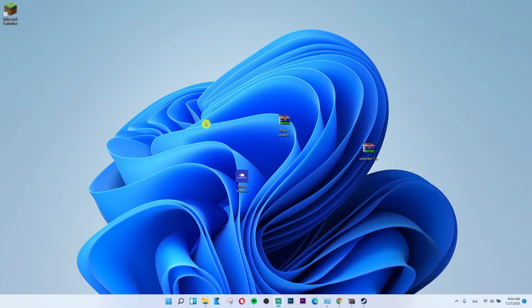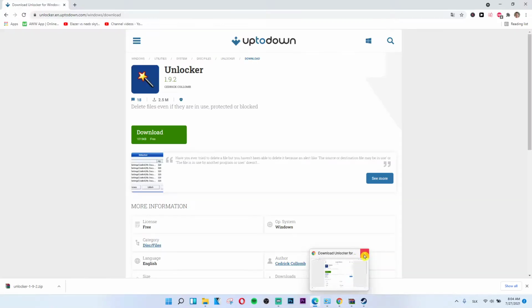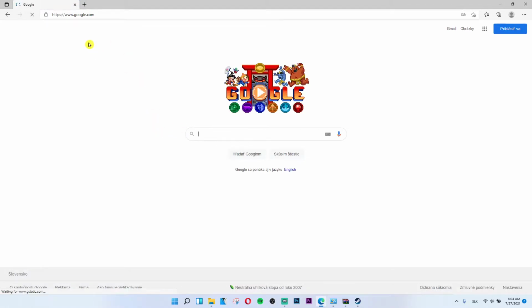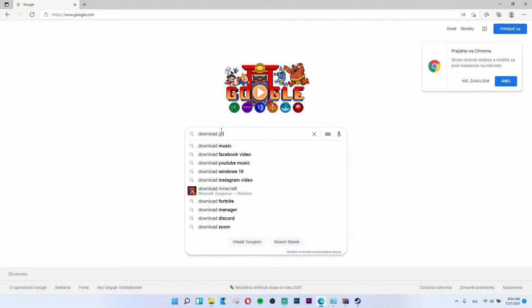So let's start. The first thing, you want to open Edge. If you don't have Google Chrome, I right now have it, but I'm going to show you how you can easily download it again. Right here, Google, and you need to search through Google on Microsoft Edge. In the search, write download Google Chrome,